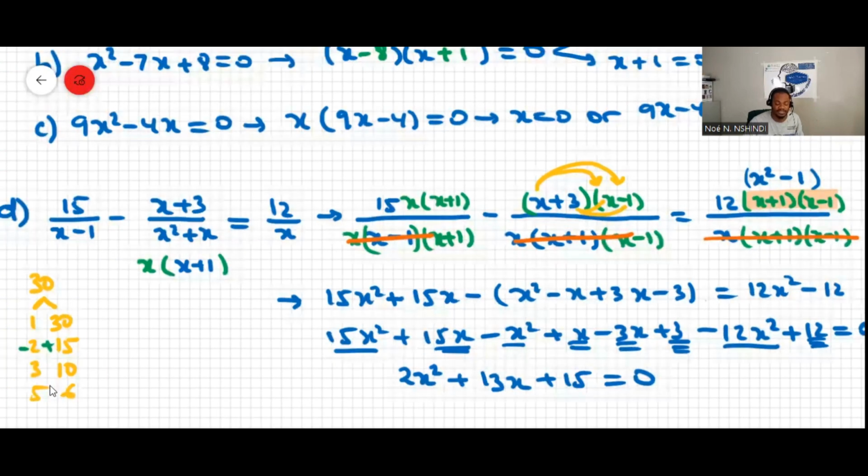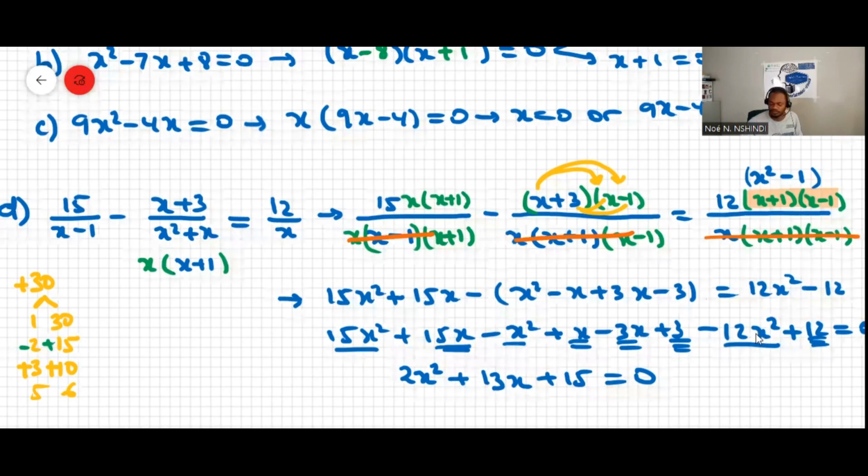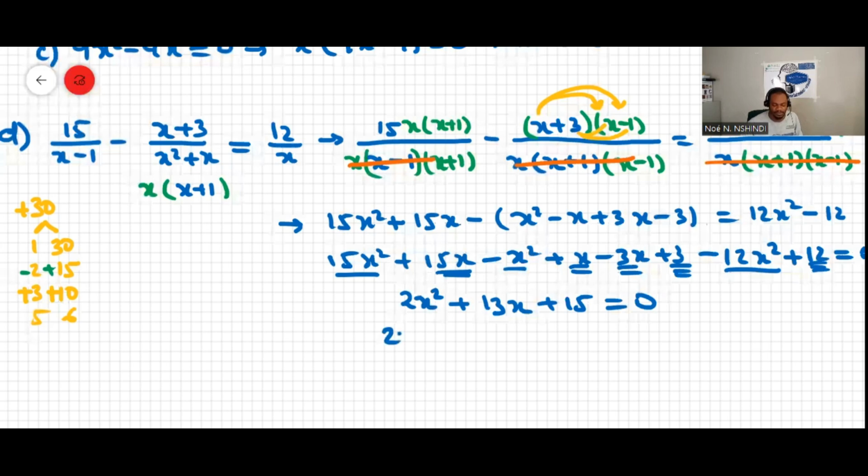We can get 13x if we do minus 2 and plus 15, but minus 2 times 15 doesn't make positive 30, because here it's positive 30. So we must look at other factors. Instead we can use positive 3 and positive 10, because the product makes positive 30 and the sum makes 13. So over here we can write it as 2x squared